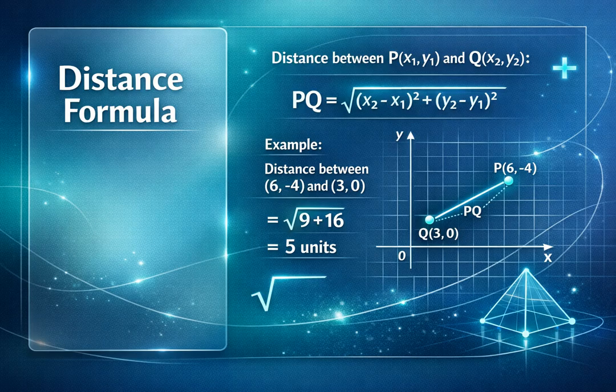The distance formula gives the distance between 2 points P with coordinates (x1, y1) and Q with coordinates (x2, y2). The distance PQ equals the square root of (x2 - x1)^2 + (y2 - y1)^2. This comes directly from the Pythagorean theorem. For example, the distance between (6, -4) and (3, 0) is the square root of 9 + 16, which equals